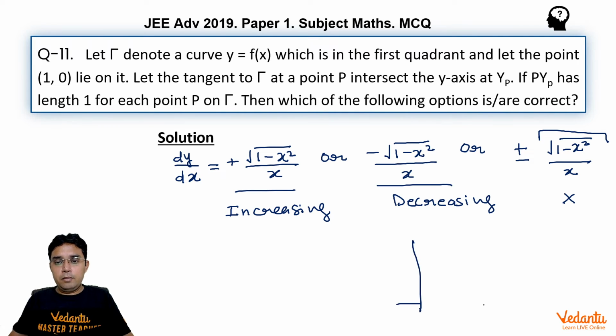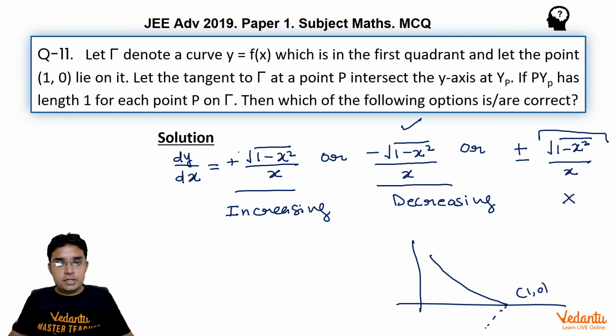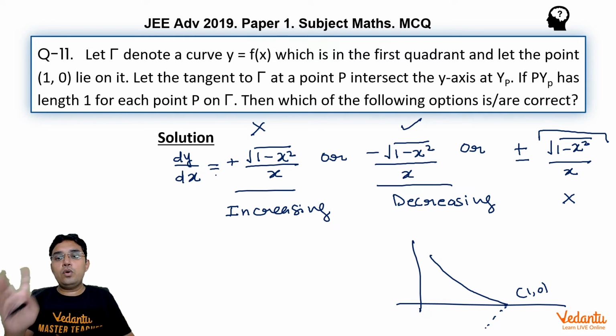Now my curve was like this, that (1, 0) lies on it. So if we want the curve to be in the first quadrant, it should be like this only, which means the value of the function should be higher before x equal to 1, which means the function should be decreasing. If we take an increasing function, then definitely the function should be coming from the fourth quadrant. So this increasing value, or dy/dx positive value, we should not accept, we should take only the negative